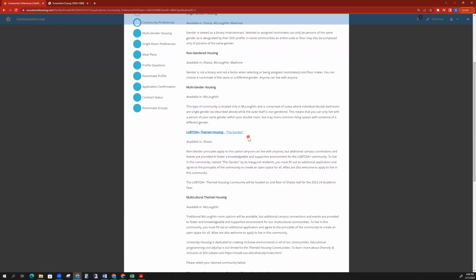Multi-gender is a type of community only in McLaughlin where the suite itself is divided by gender. This is typically in your double rooms in McLaughlin, which are 4 bed spaces with 2 separate bedrooms, 2 on the left and 2 on the right of the suite. In a multi-gender suite, the first person to go into the bedroom determines the gender for that particular room, meaning